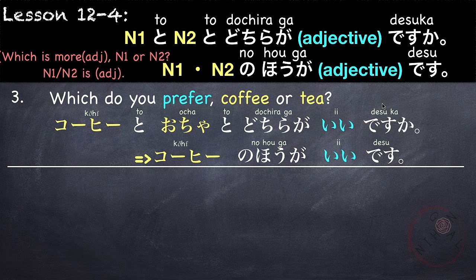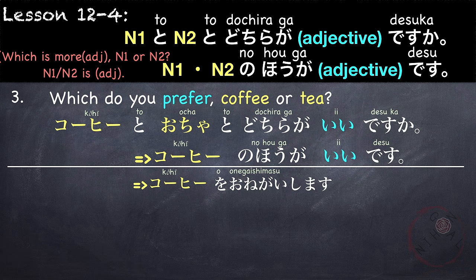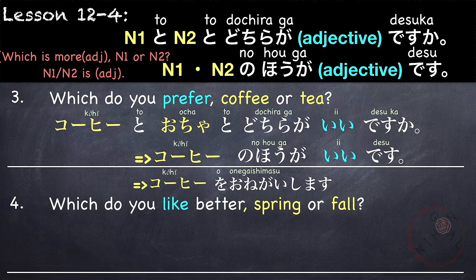So for example, you're in a situation where someone is asking you or offering you a drink and they're asking, which do you prefer, coffee or tea? You can say, コーヒーをお願いします。